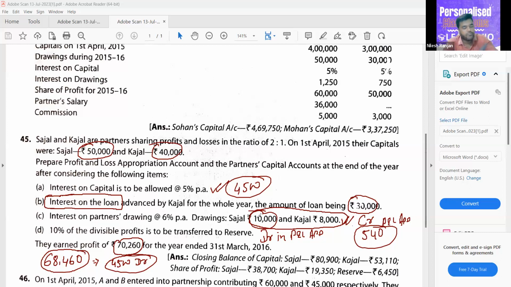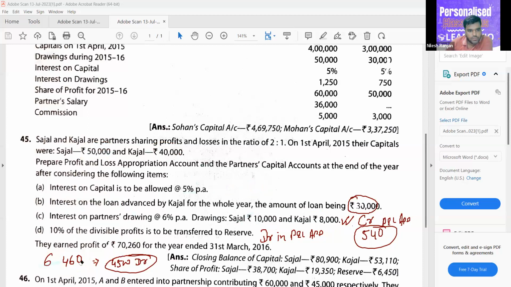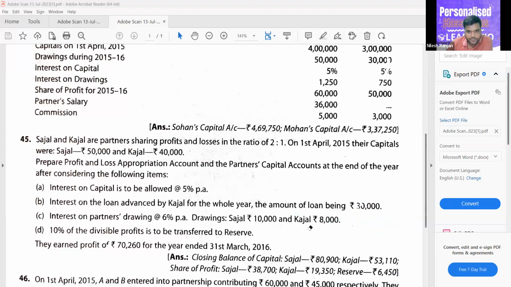Okay, sir. Why are we calculating the interest on drawing for half a year? Because I think it is during the year. Yes, it is during the year, that's why. Okay, so please try these questions. All these questions, you can solve these questions. Okay. So interest on partner's drawing means the partner is taking money from the firm and then paying the interest on the drawing. Yes. So the partner is paying the interest to the firm. Yes, partner